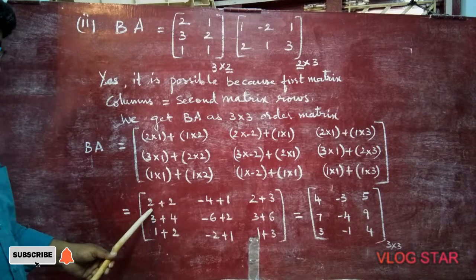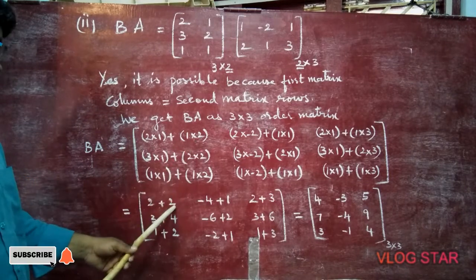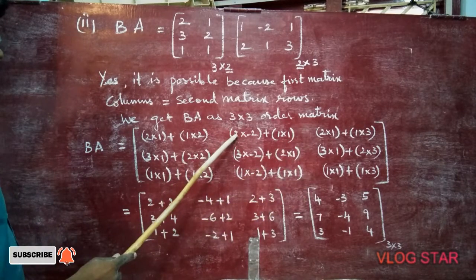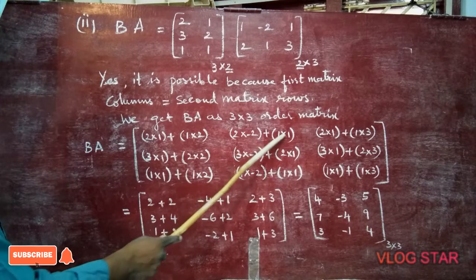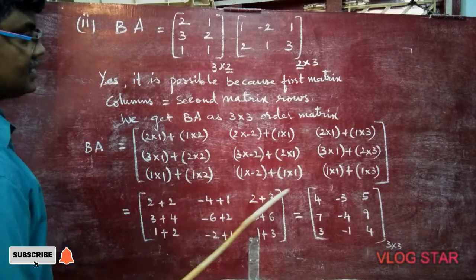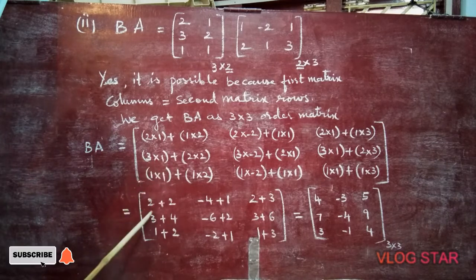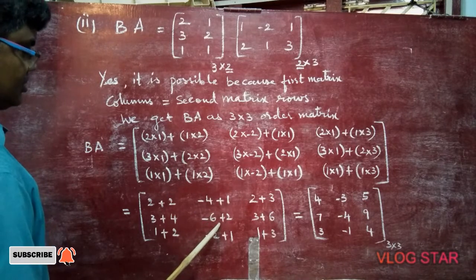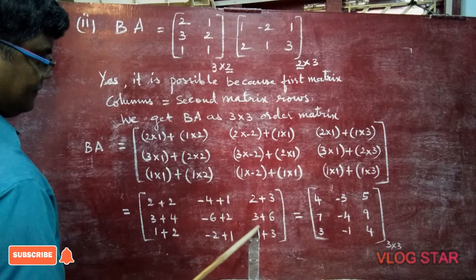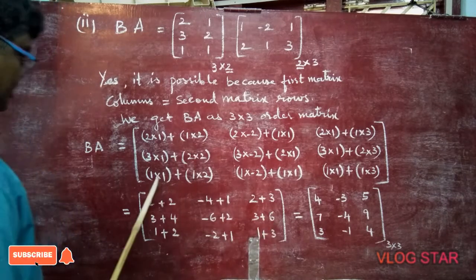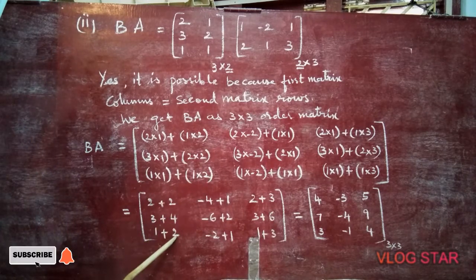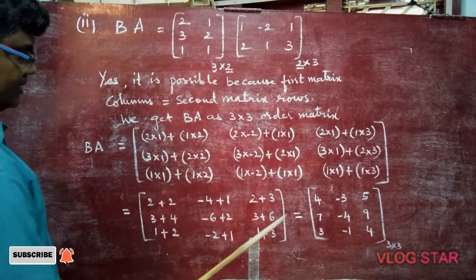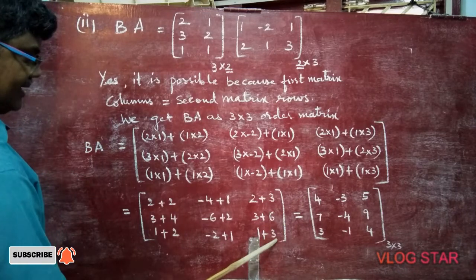2 ones are 2 plus 1 2 is 2. This is first element. Second element. You have to maintain distance. Plus into minus, minus 2 2s 4 plus 1 ones are 1. 2 ones are 2 plus 1 3 is 3. 3 ones are 3 plus 2 2s 4. Plus into minus, minus 3 2s 6 plus 2 ones are 2. 3 ones are 3 plus 2 3s are 6. 1 ones are 1 plus 1 2 is 2. Plus into minus, minus 1 2 is 2 plus 1 ones are 1. Again 1 ones are 1 plus 1 3 is 3.